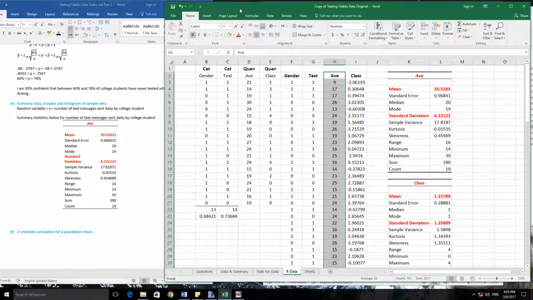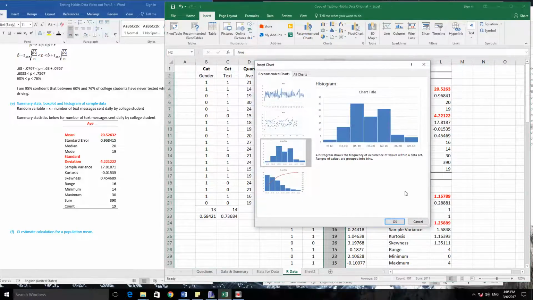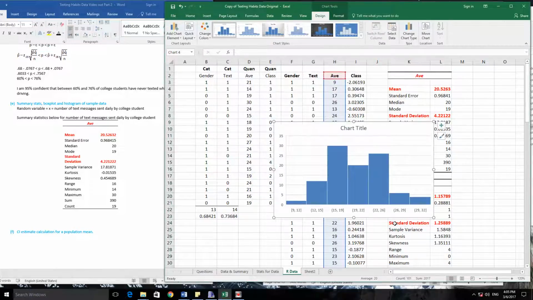So now that they're rounded, if I once again go to insert and I look at the recommended charts, I am keen on using this chart, and that's kind of nice. And so now that I have that chart, I do want to provide